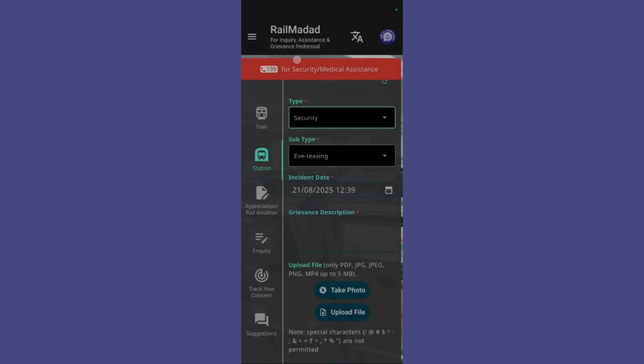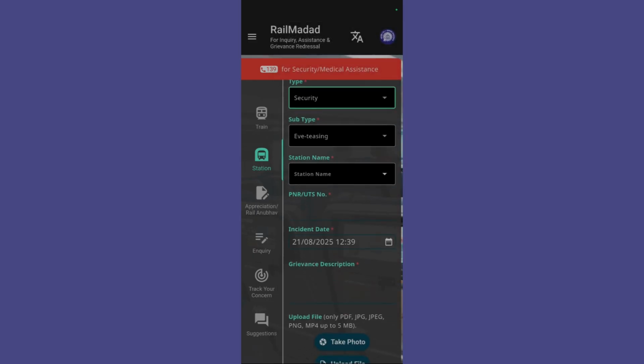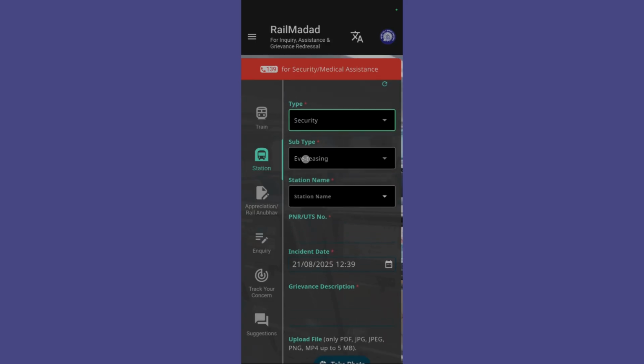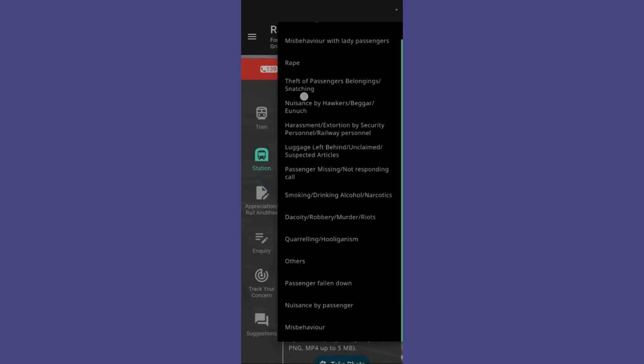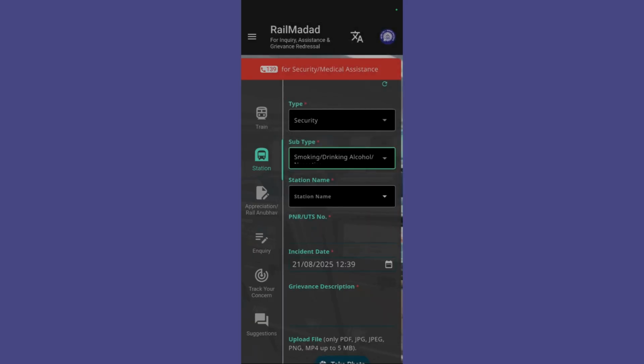For example, let's say I choose security, and now from here you will need to type in or select the subtype of this particular issue. Here you can see different types of problems which commuters face, so you can use any of these options that you find here. For example, let's say I will choose smoking, drinking alcohol within the station, and then you will need to